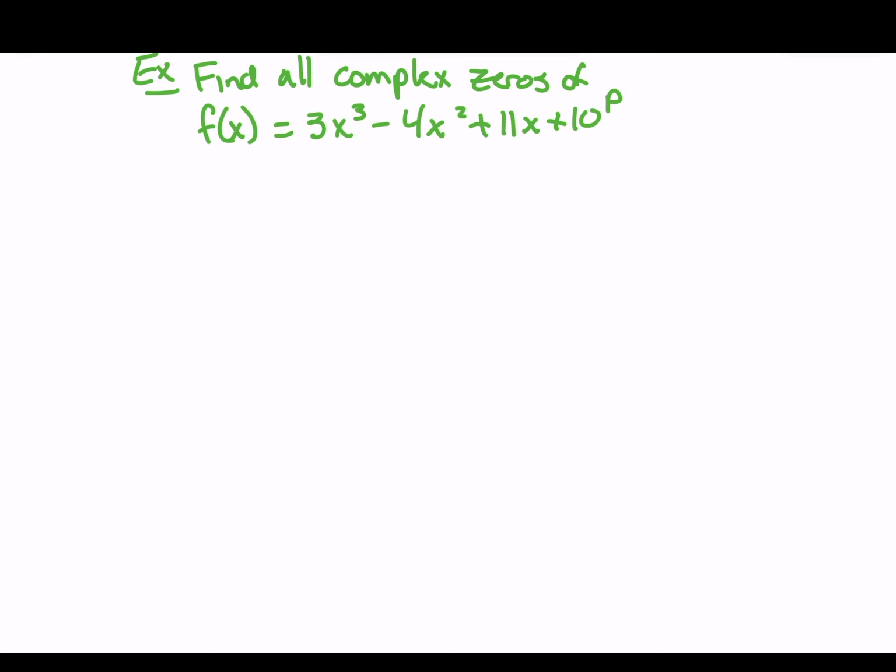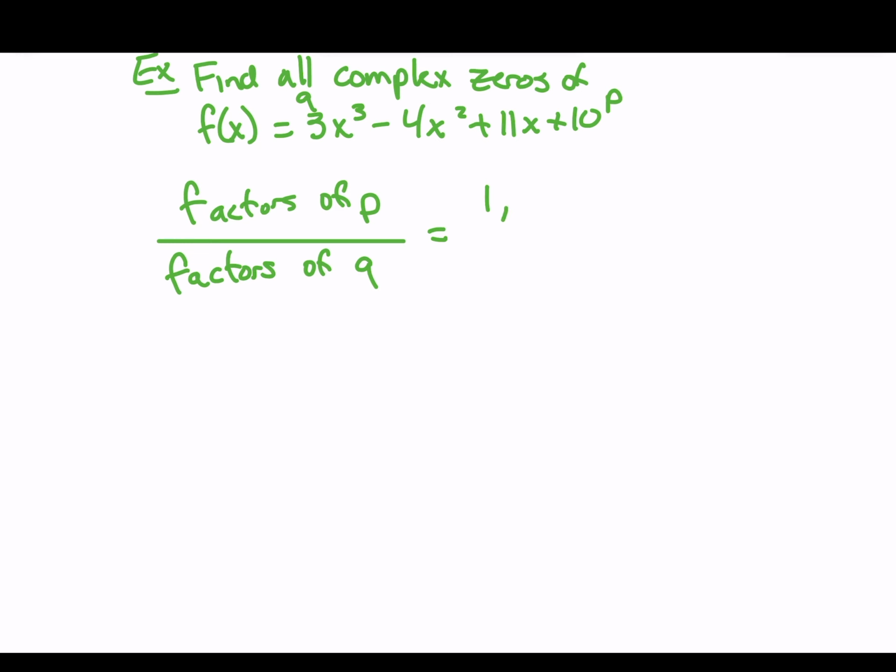Here's our P and here's our Q. So factors of P over factors of Q. So that gives us, what are our factors of 10? Well, we have 1, 2, 5, and 10. And then our denominators, factors of Q, which would be factors of 3, which are 1 and 3. So our potential zeros